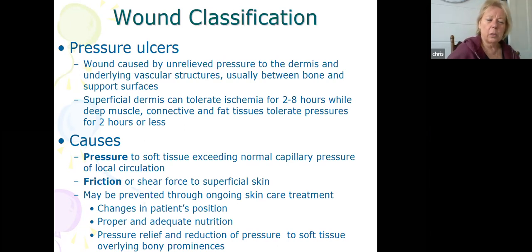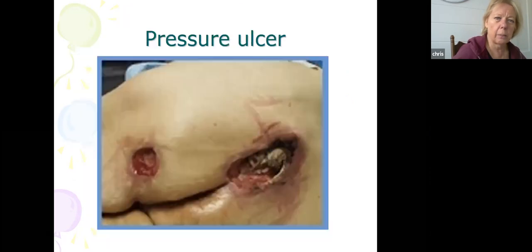Okay, so we talked last semester about the fact that we want to make sure we relieve the pressure over these bony prominences, and that's one of the things you'll be talking about in lab today, especially when you're stump wrapping and different things like that. If you're wrapping a bandage or wrapping something, you want to prevent any wrinkles because you don't want to introduce any pressure over those areas.